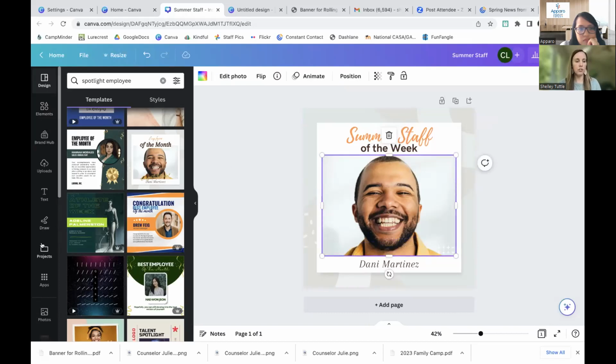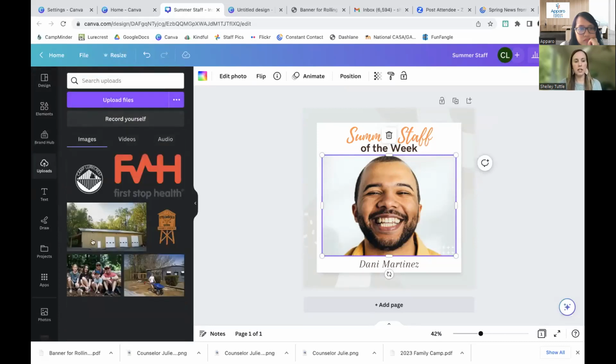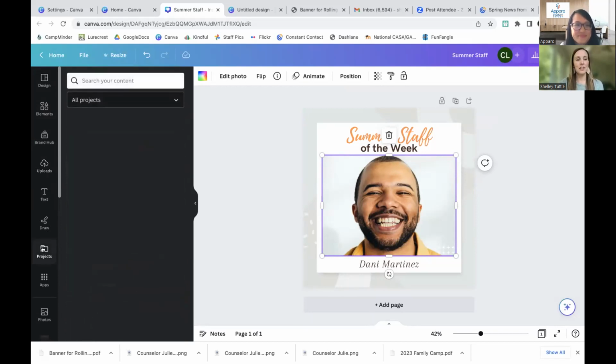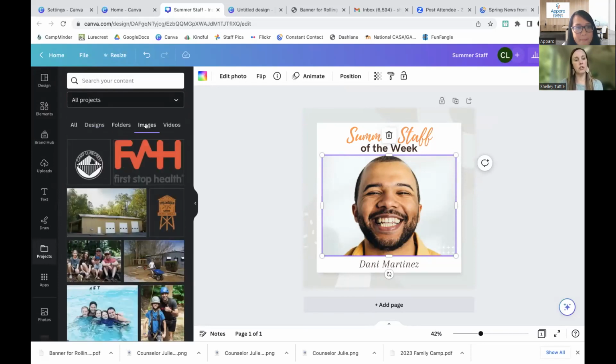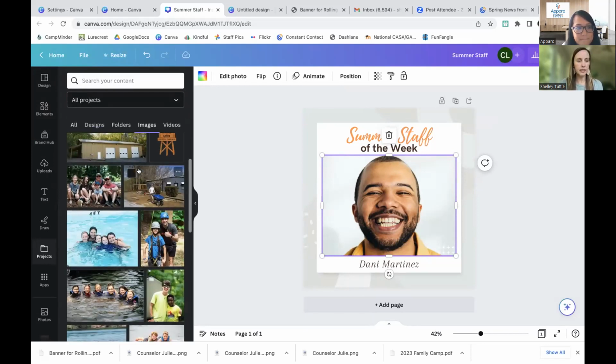I'm going to go over to my images. So remember, you can upload images here. These are all the images that have been uploaded that are not currently in folders. If you've organized your stuff, which I'm not great at doing, but I did in preparation for the last class, then your images are probably going to be under projects, which has all of your folders in it. So I'm just going to go to images here and